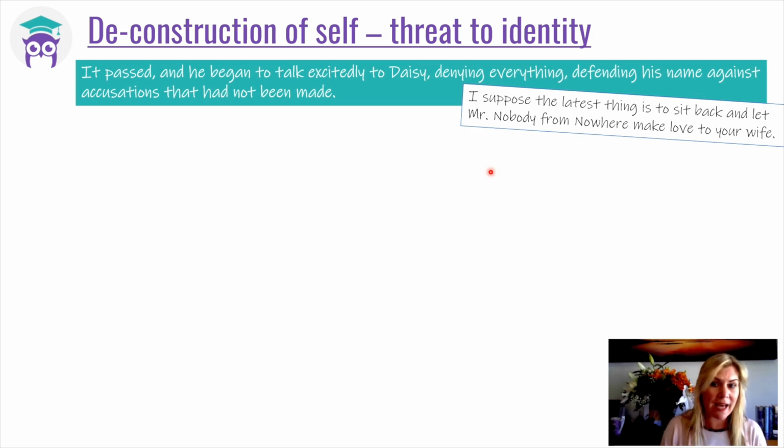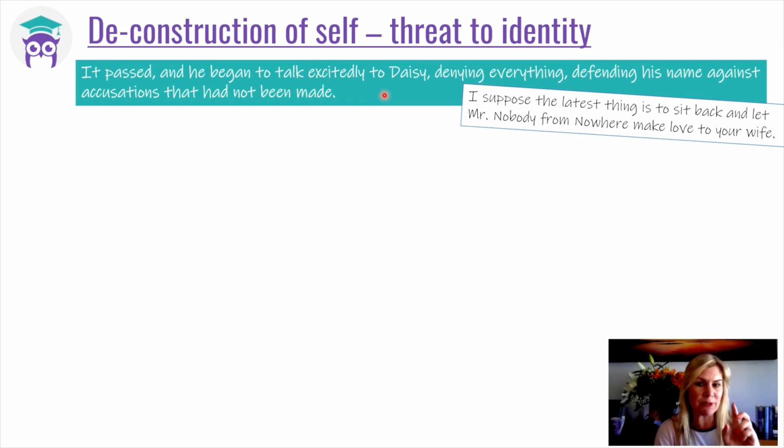And because of that, and the truths that come out about Gatsby's money and where he's come from and his connections with Wolfsheim and everyone, you can see him start to unravel. And that's what we see here. "At past, he began to talk excitedly to Daisy, denying everything, defending his name against accusations that had not been